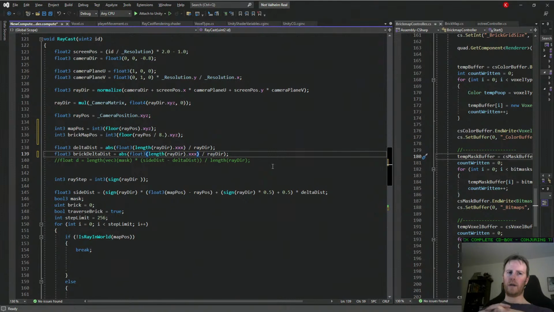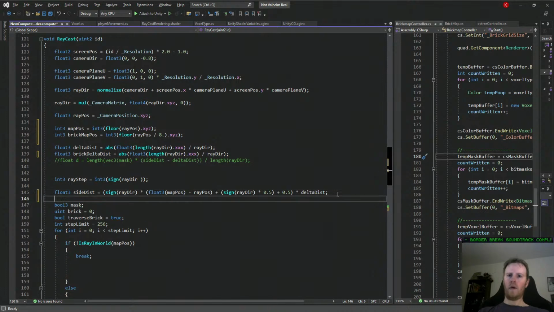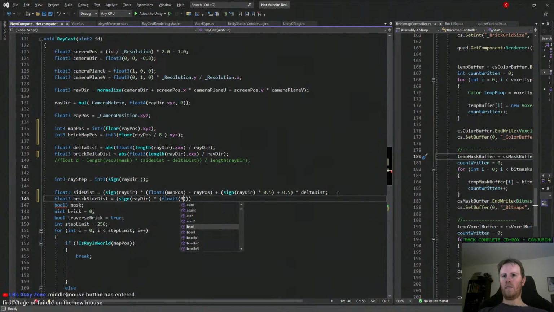That means we don't need a brick delta dist, but we can keep it for now just to keep it easier in our brains. Now this will be different. Float3 brick map, brick side dist equals sign ray dir times float3 brick map position minus